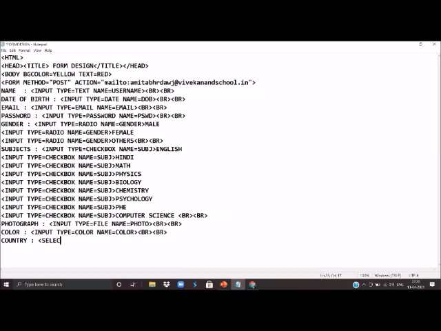We will write here select, and we can give it the name country, and then we'll have to use the option value tag inside this select tag. After that we will provide all the options for selection.